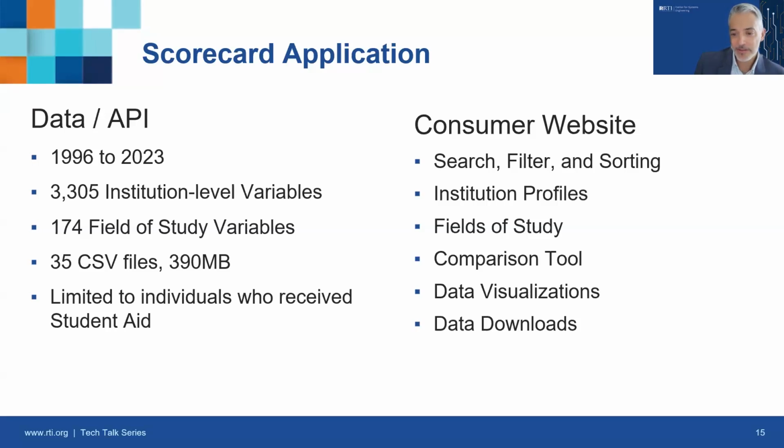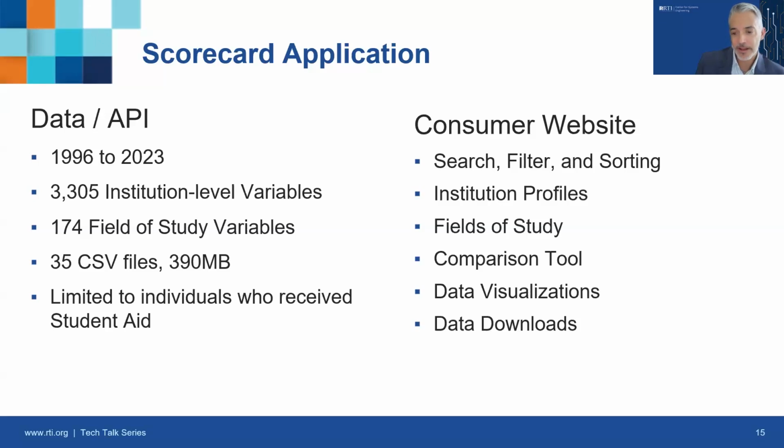This encompasses 27 years of post-secondary education and related data. Perhaps you are starting to get a sense of our problem here. It's a lot of data to sit through. Enter the consumer website. The website shows the most recent data available for a select number of important metrics and